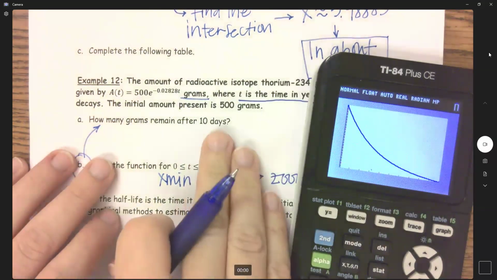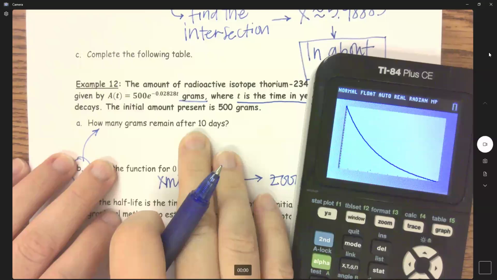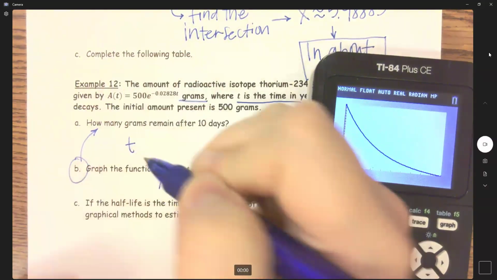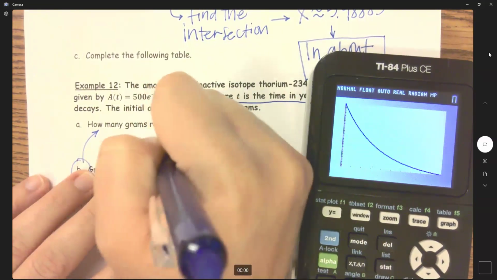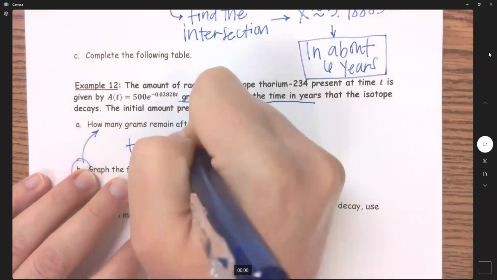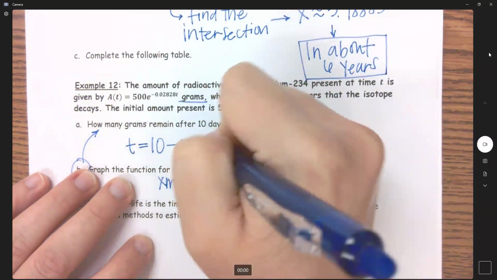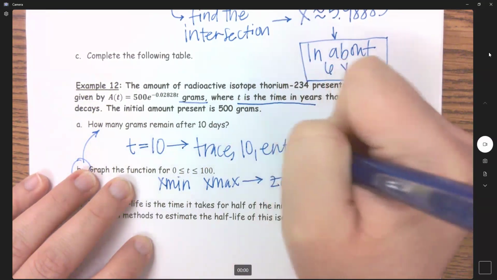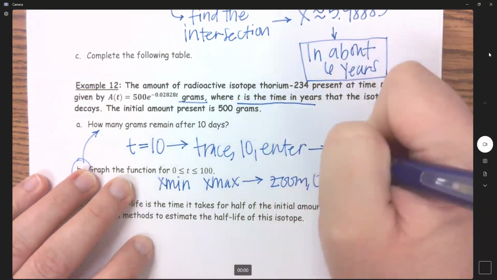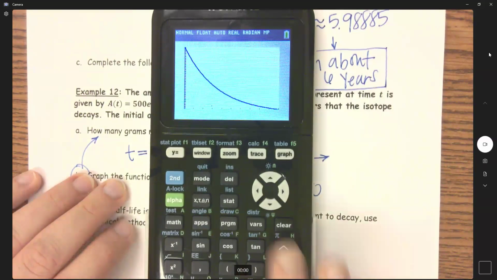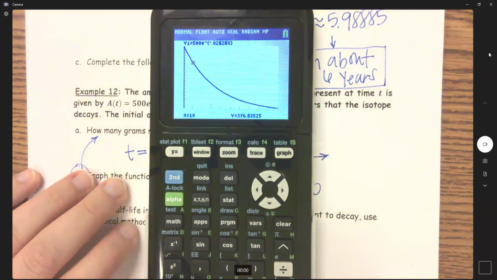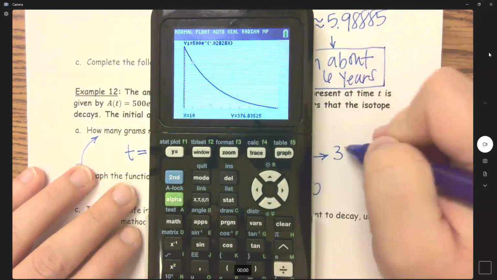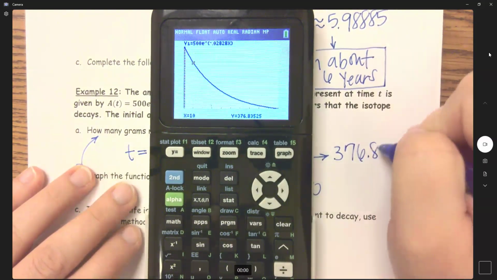And so now if we're at 10 days, then we have t equals 10. So trace 10, enter, and we get trace 10, enter. I'm going to just round to 1 decimal place. So 376.8